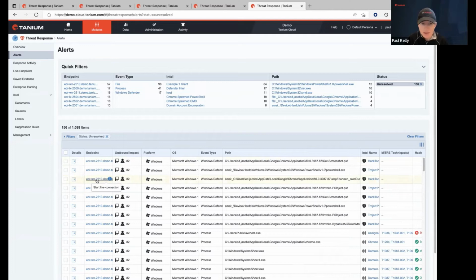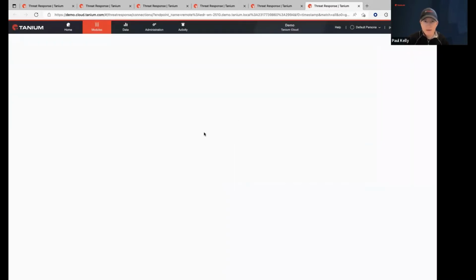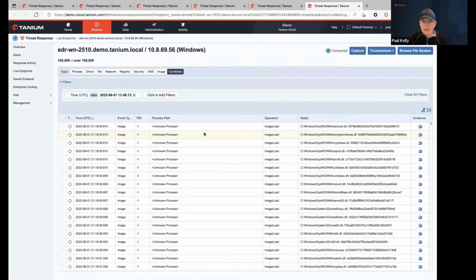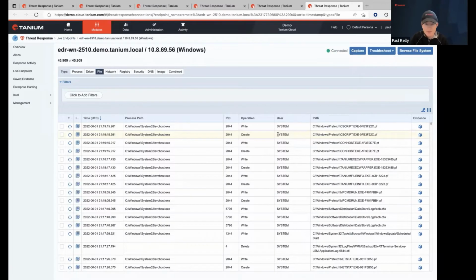So I'm going to initiate a live connection to this host right now. This gives us hands-on keyboard access as if we're right there at the console. It's going to show us all the process, driver, file, network, registry, security, DNS, and image activity on this host. This is very valuable to an analyst because they have all of this data at their fingertips and can quickly filter and look for badness.